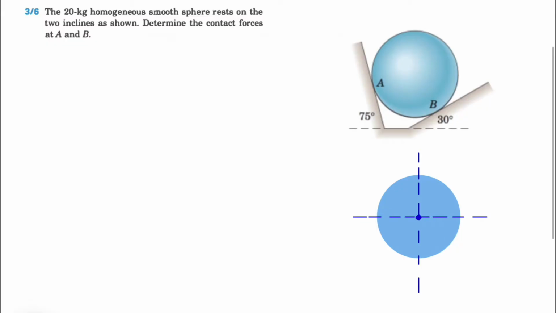So what we have in here, we have 2 different normal forces at points A and B. We can call it NA, and this will be NB, which will be perpendicular to the perimeter of this sphere, so we can call this NB. The other force that we have in here is the weight of this sphere, which we know is 2 kilograms. So if you want to show the weight, we can just show it like that, and we'll have W, which is M times G, and G will be 9.81 meters per square second, which is the acceleration of gravity